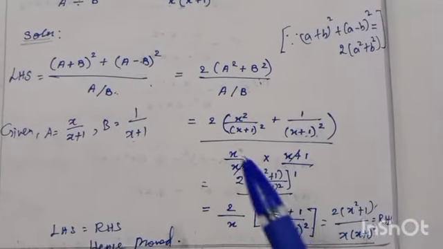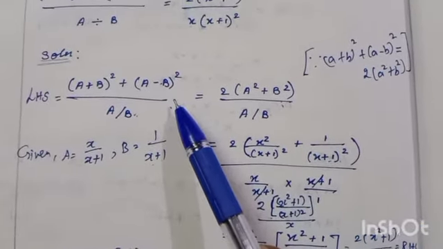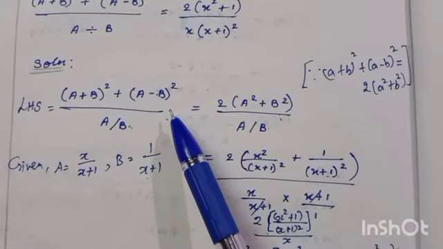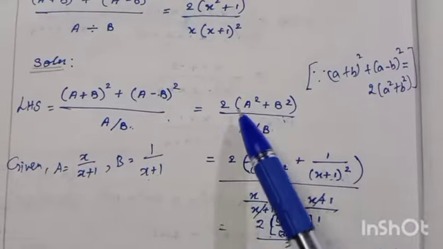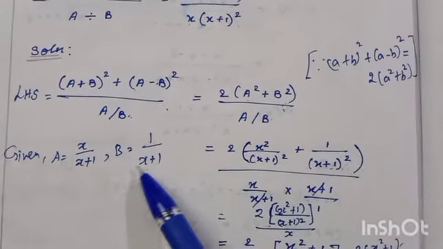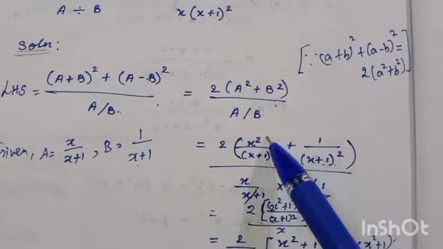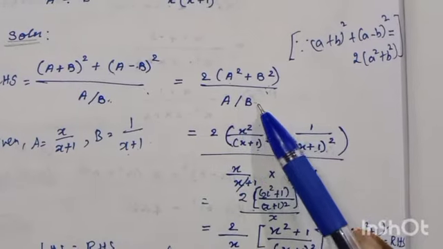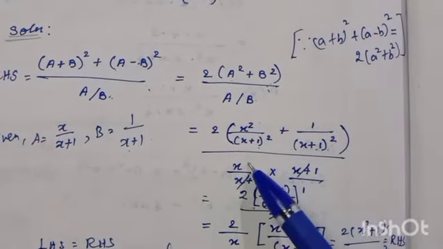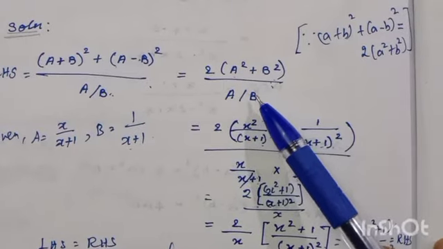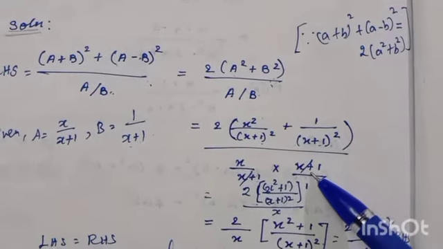Once again, listen students, first you have to consider the left hand side given value. Before substituting the given values, you have to simplify. After simplification you have to substitute the given a values, b values. So that is substituted here. Now in the denominator we have a by b. A by b means a value and b value, a fraction. Division, the second term you have to take a reciprocal.